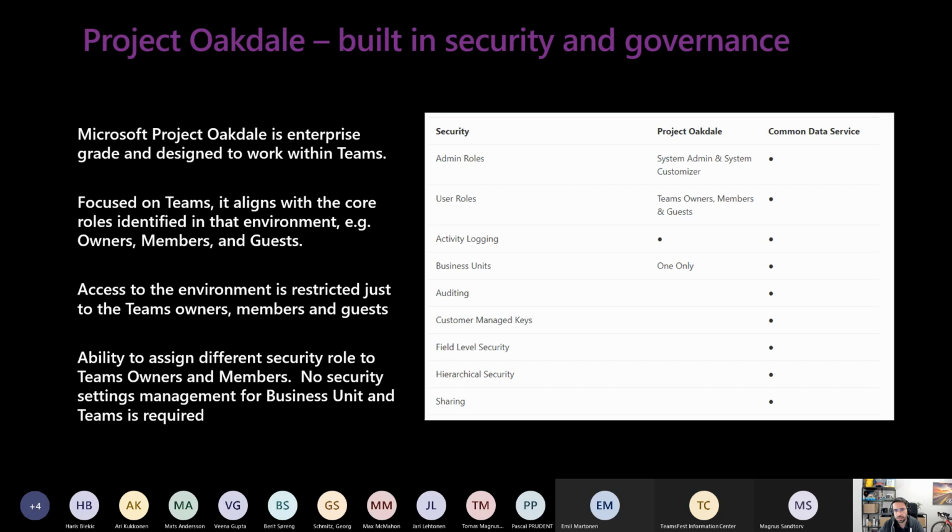So we can make some changes regarding security for the owners, the members, and the guests. Access to the environment is restricted to the team's owners, members, and guests. There is the ability to assign different security roles to a team's owners and members, but there is no security setting management for business units and teams.